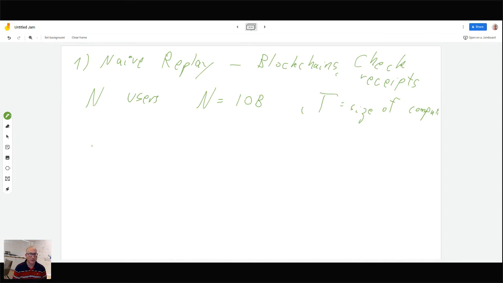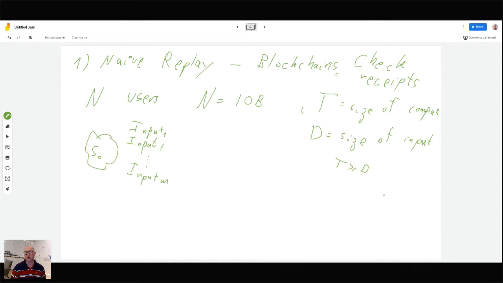And under naive replay, what happens is that we have a certain state of the system, state 0, and there are these transactions coming in. So input 1, and then input 2, a whole bunch of inputs, input M, and let's also use D for the size of the inputs. So that's the amount of data that comes in from time to time. So T is at least D, right?